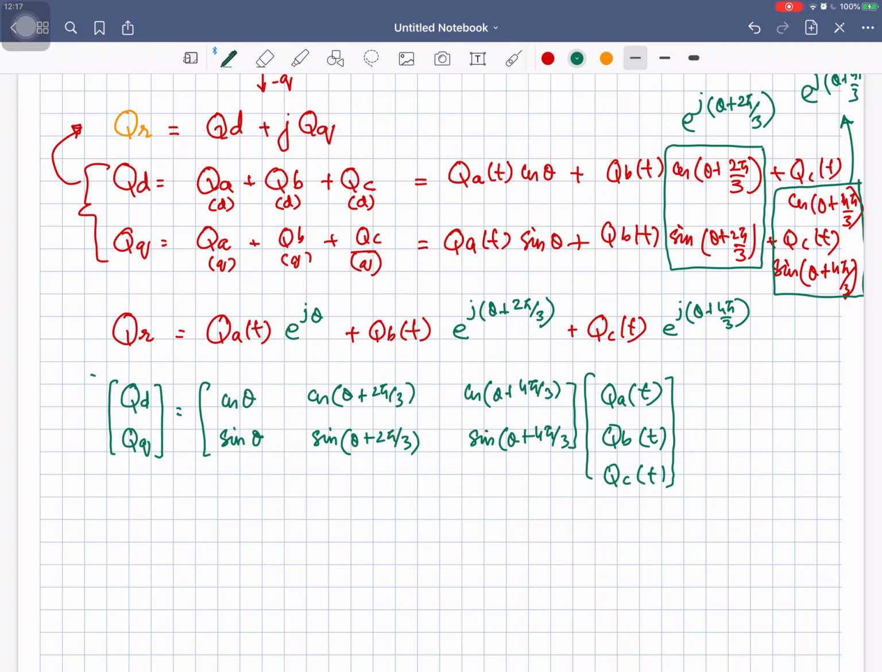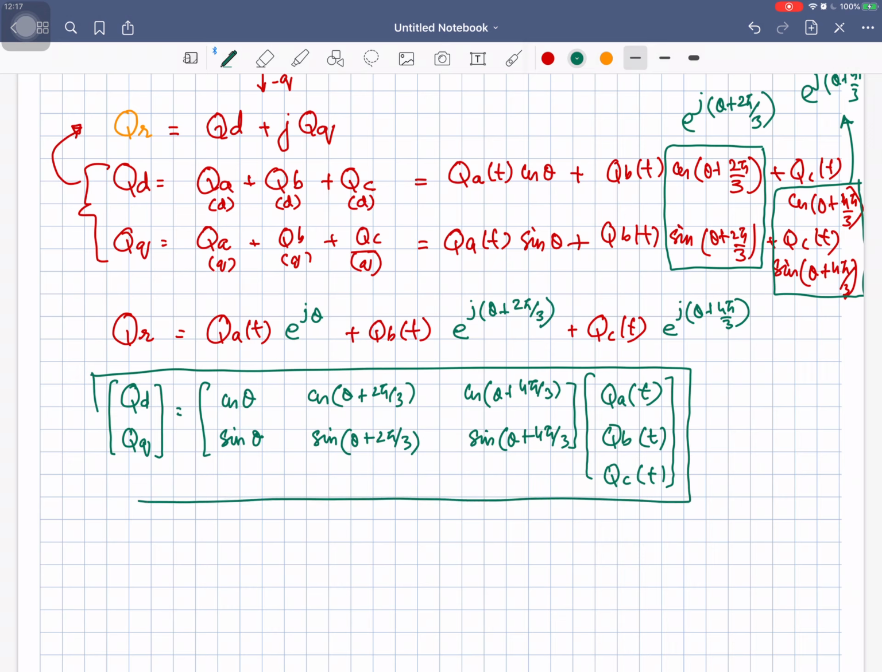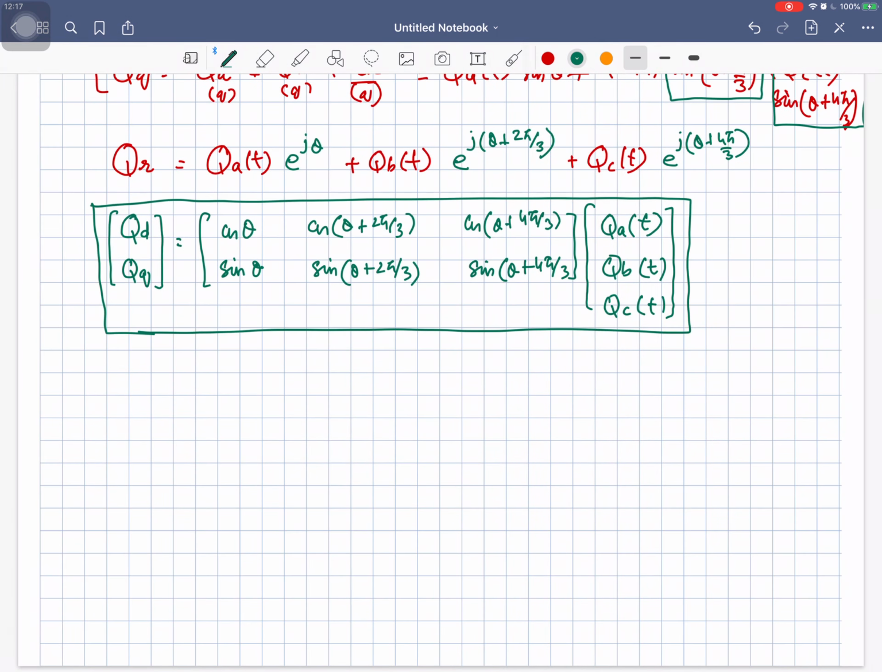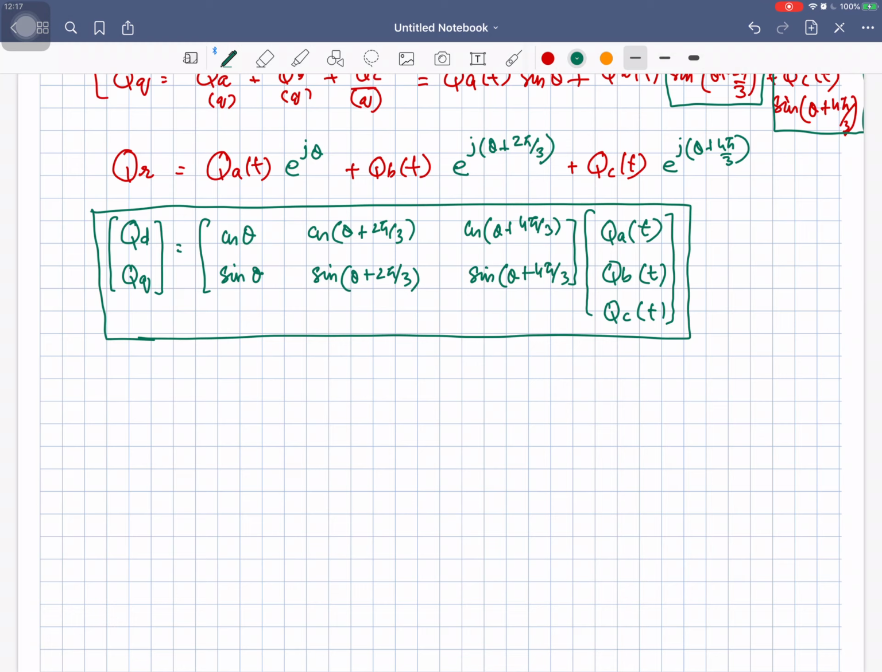So I can represent this QD and QQ like this with the help of this set of equations. For the sake of simplicity, I am going to assume that theta is equal to 0. If theta is 0, that means our phase A is aligned with the d-axis. So let me draw those set of axes again over here. Let's suppose this is the d-axis, this one is the q-axis, and if theta is 0, it means phase A